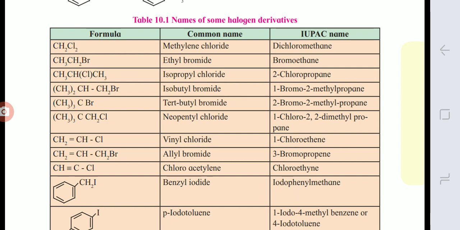If we write the numbering, the 3 carbon chain is the parent compound, propane. Out of that, the second carbon contains 1 Br and 1 CH3 group. So your bromine is present on the second carbon, your CH3 is present on the second carbon, on a 3 carbon chain. So the compound becomes 2-bromo-2-methylpropane. In the next structure,